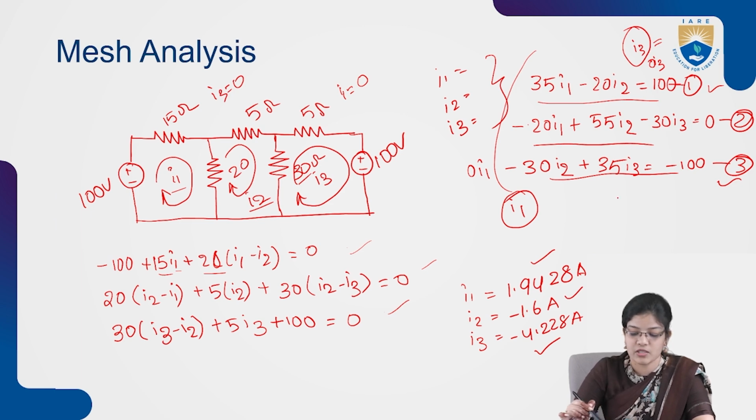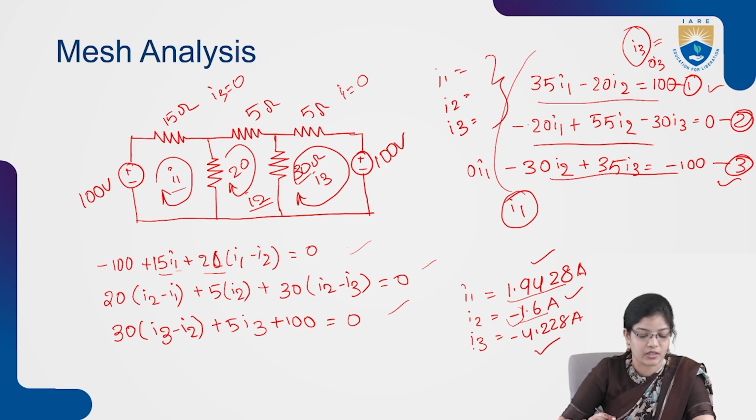So by substituting these values, we'll get the current values. The current flowing in the first mesh will be taken as 1.94228 amperes, and the second mesh current will be minus 1.6, as if the direction of the current is reverse. If we are getting the value in minus, then we have to assume that the current is flowing in